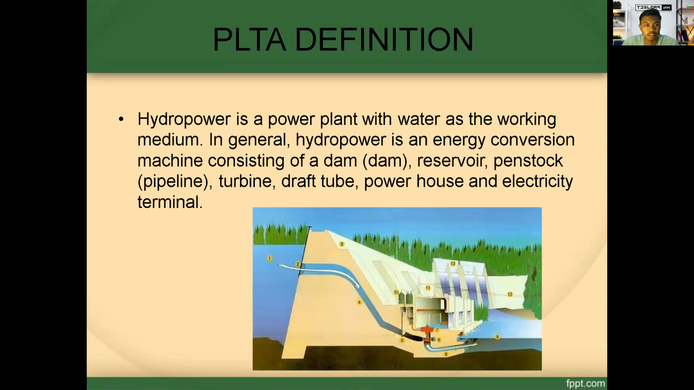PLTA definition. Hydropower is a power plant with water as the working medium. In general, hydropower is an energy conversion machine consisting of a dam, reservoir, penstock, turbine, drive tube, powerhouse, and electricity terminal. In a hydropower system, the turbine is the main